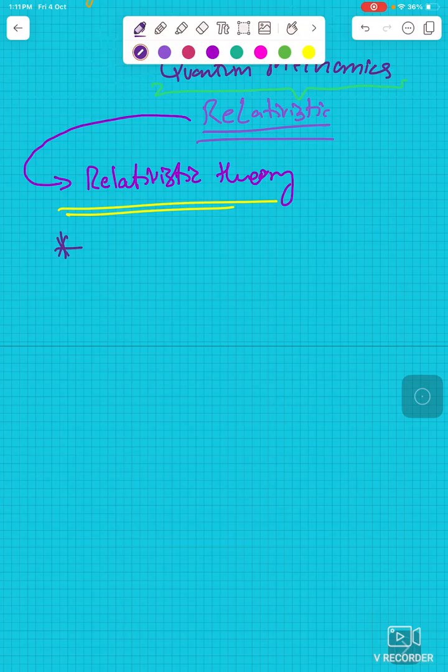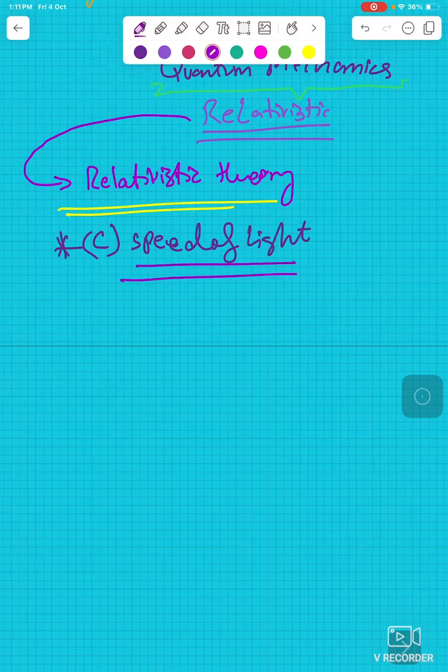In relativity, we compare everything with the speed of light, which is 3 times 10 to the power 8 meters per second. What we'll be talking about here is that